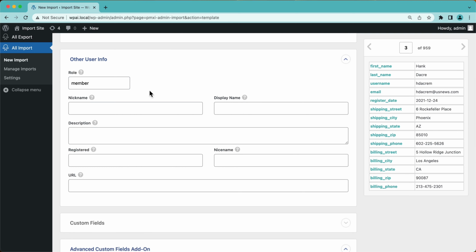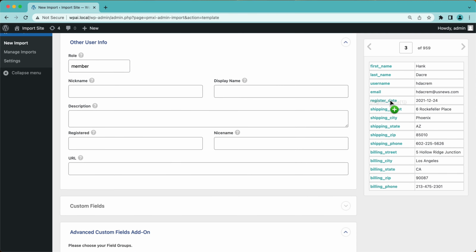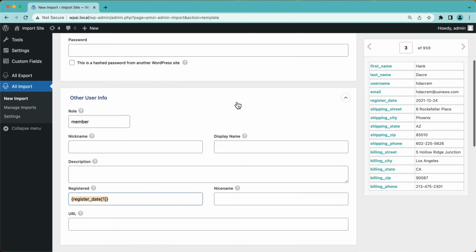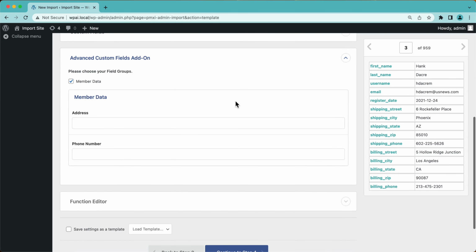For nickname, I'm going to leave nickname, display name, and all this stuff blank. We'll drag in registered date just because I have it, but the rest of this will just be set automatically by WordPress during the import process. So we'll close this tab over here, and now we'll go down to our address data in the advanced custom fields section. So you can see here, all of this data is spread out into a bunch of different fields,